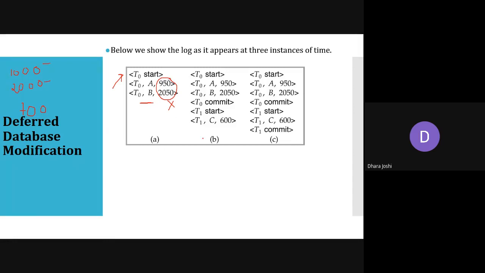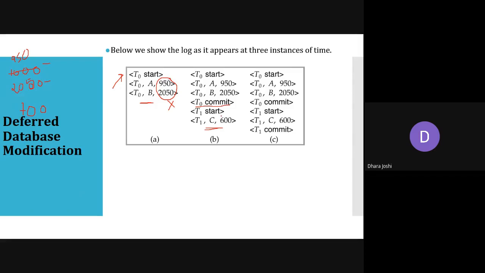In case B, transaction T0 is committed. That means the A and B values have been modified. So the updated A value will be 950. The updated B value will be 2050. And the C value will not be modified because the T1 transaction has not committed till now.